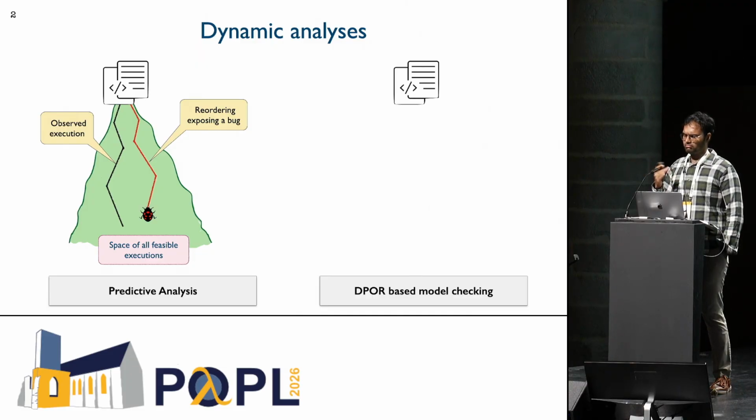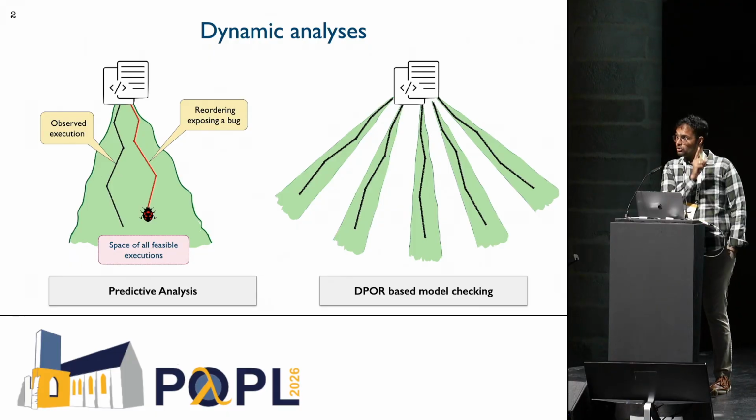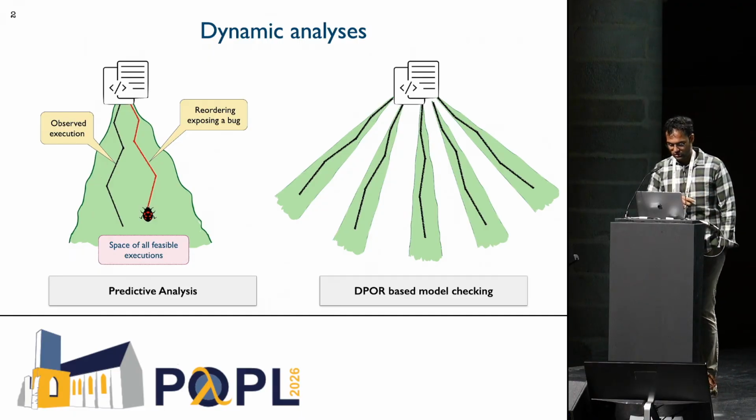Model checking is also similar in a very broad sense. You have a program and you explore all the executions of the program, let's say up to a bound. And these days, modern model checkers are smart in the sense that they don't explore every possible interleaving. They allow you to do some optimization, and the most famous one is the partial order reduction based optimization, where you only execute one execution per equivalence class. So the black lines are those interleavings, and implicitly, you also get the guarantee for the entire equivalence class, the green region.